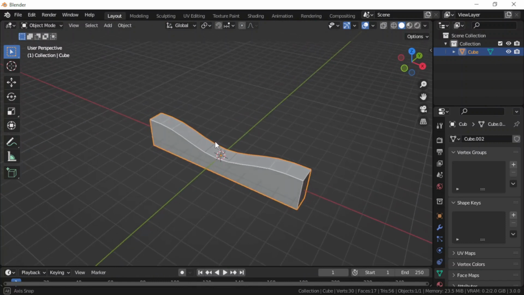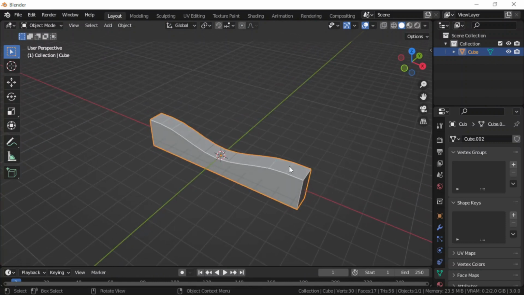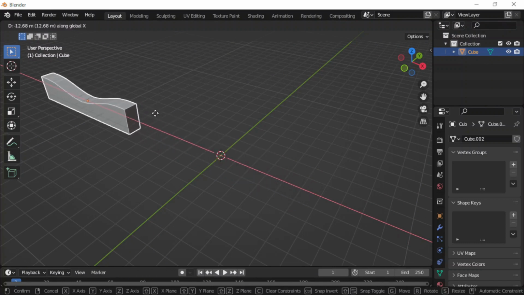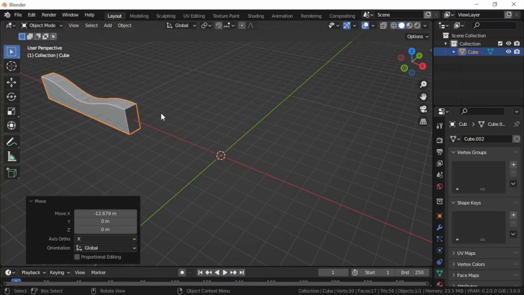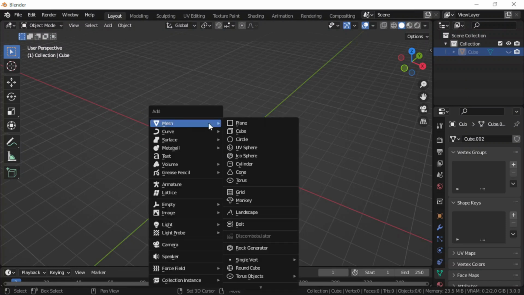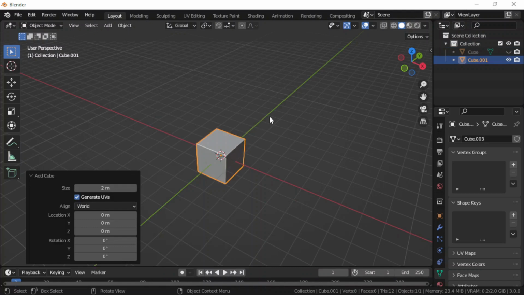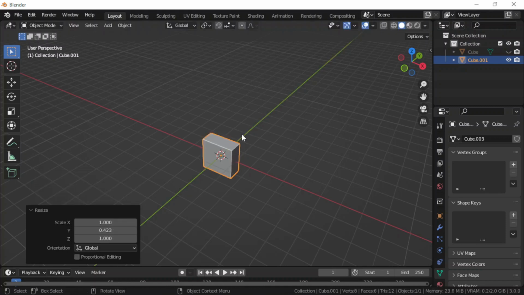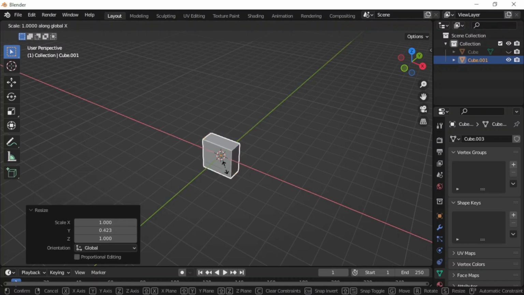then I will grab this object on X, and once there I hide it so that I can model the second. Shift A, the cube, add the cube, scale on y-axis, SX to scale on x-axis,